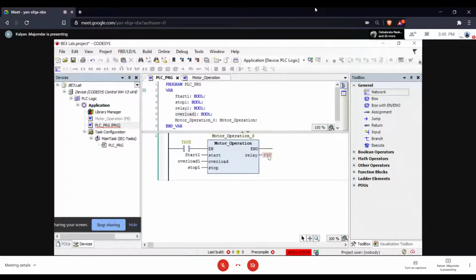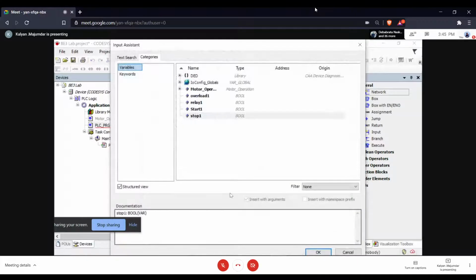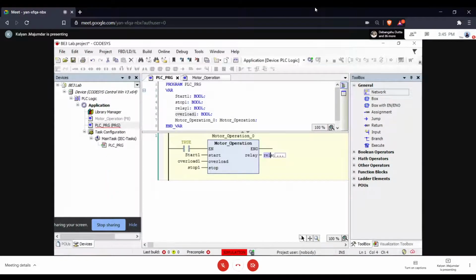Okay. And the output goes to... now. What's the point in this particular exercise? Now, if you have 100 motors, one important thing is, see, this program organization unit was named motor operation. On the top of this, it's called motor operation